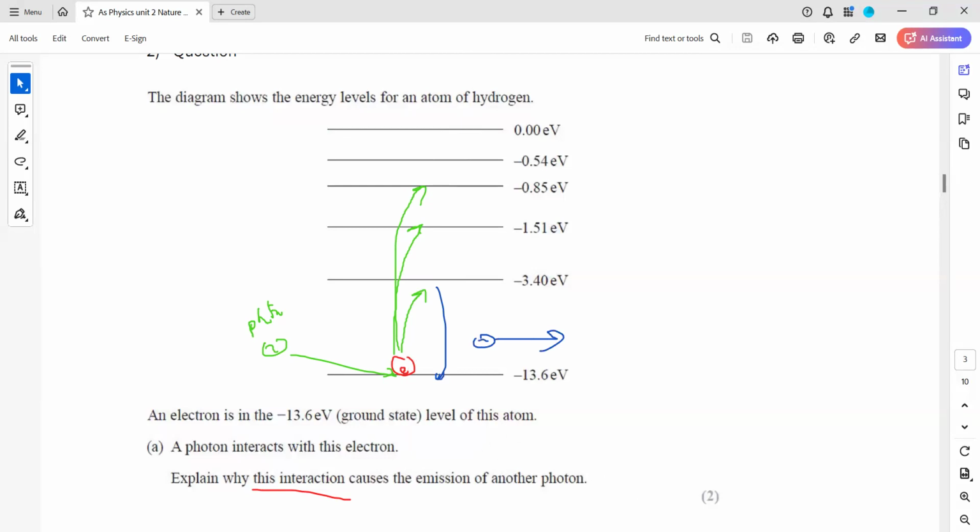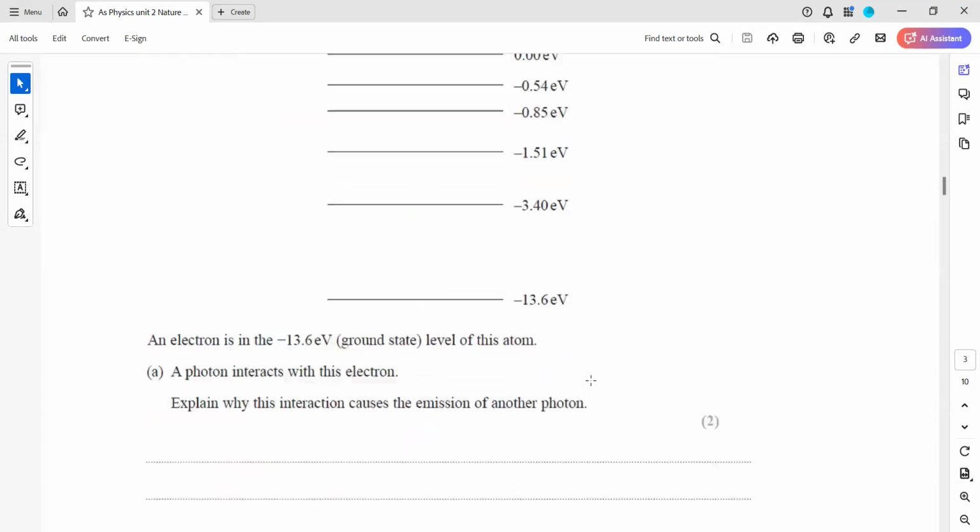So what is the reason for that? When this electron interacts with the photon, it will absorb this photon and jump to the higher level. When it returns to its ground state, it will release a photon equal to the difference in the energy of the two levels. So why does this interaction cause the emission of another photon? So the reason: